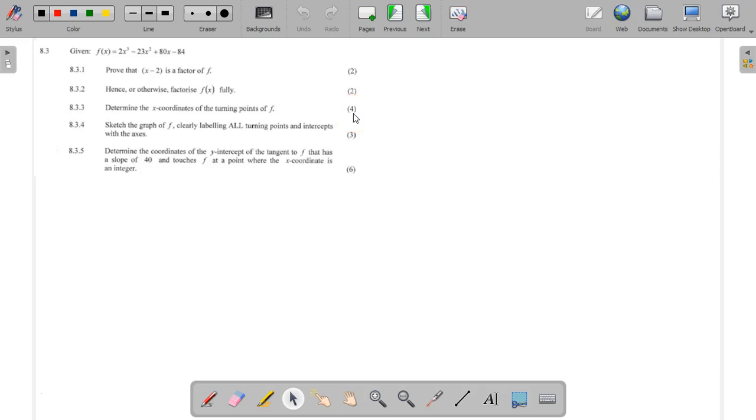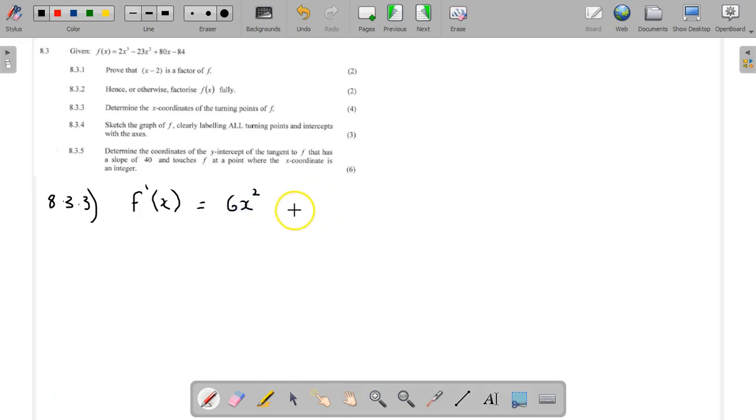marks. Now, we should know by now that if I want to determine the turning points, so here's 8.3.3, to determine the turning points of any curve, all I've got to do is find the derivative and then equate the derivative to 0, because remember, at a turning point, the gradient will be 0. So all I'm going to do is work out f dashed of x, and that is the derivative of f(x). So if I do the derivative,